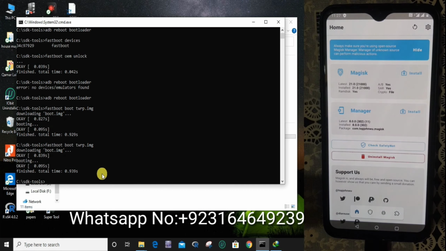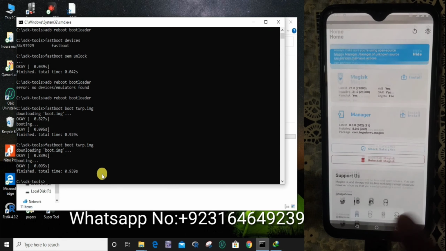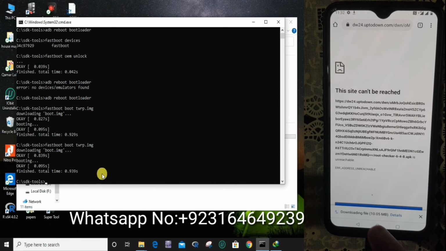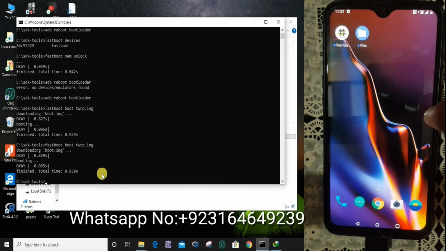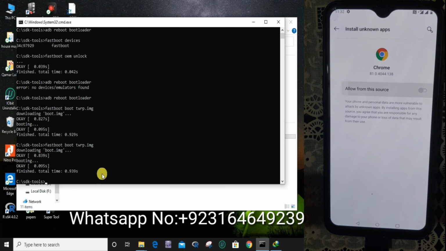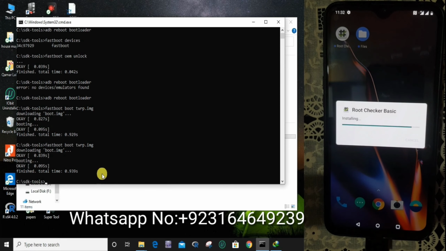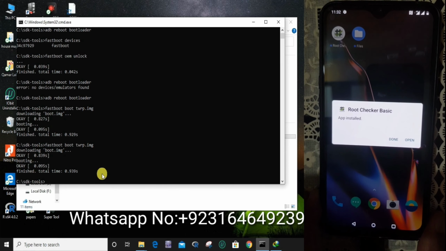You will get an uninstall Magisk option inside it. Now to test if our mobile is rooted, we need to install a root checker. So install Root Checker Basic. Open it.